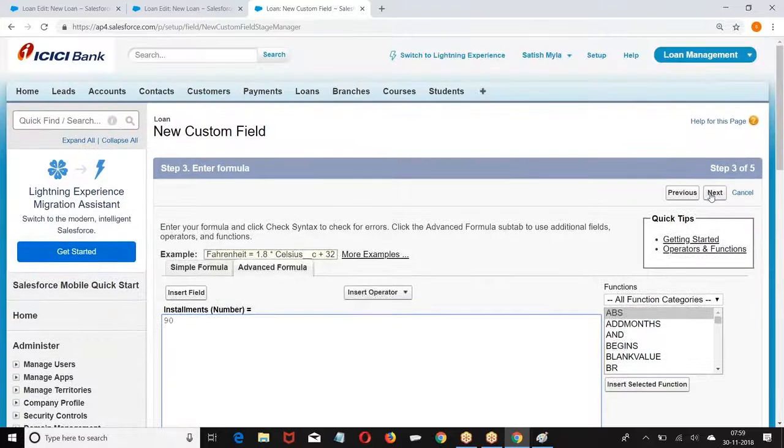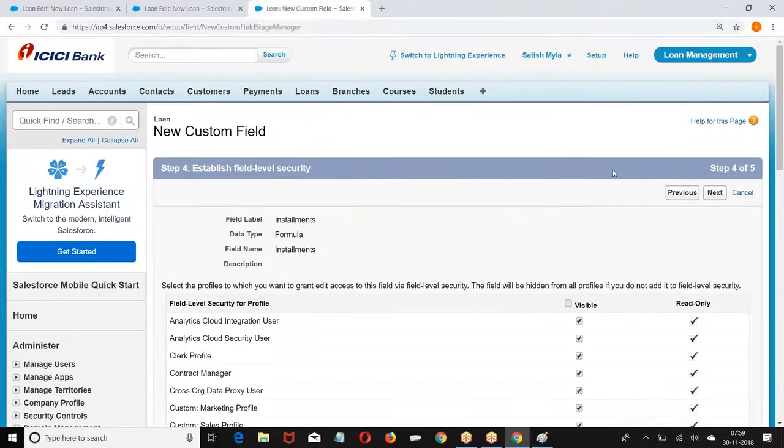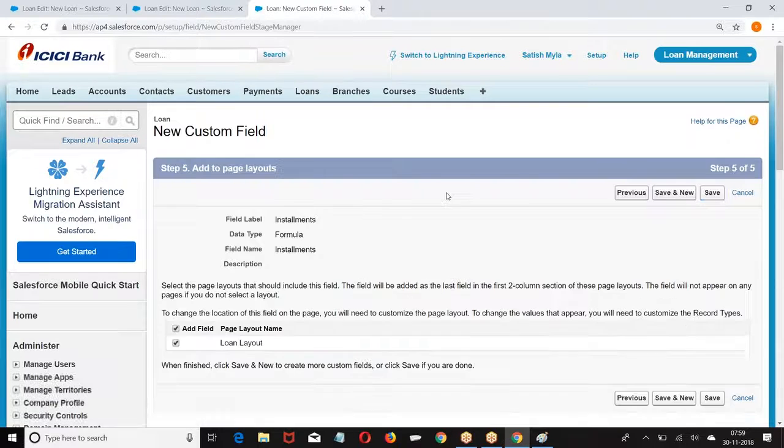Some figures I'm giving directly. You're supposed to write a formula and calculate it, but I'm giving the figures directly.